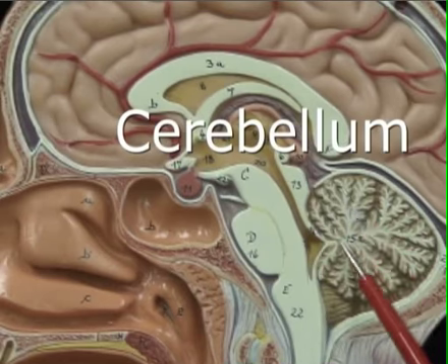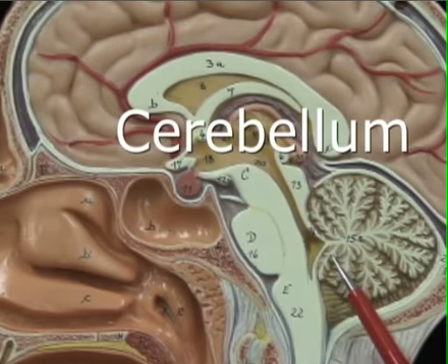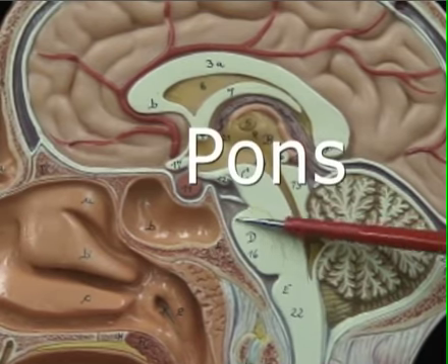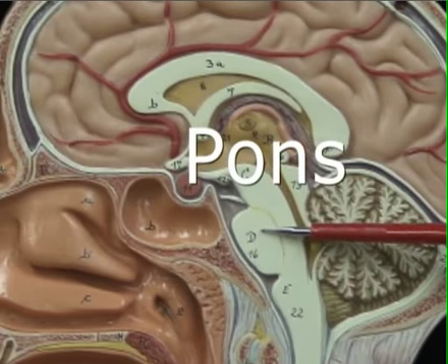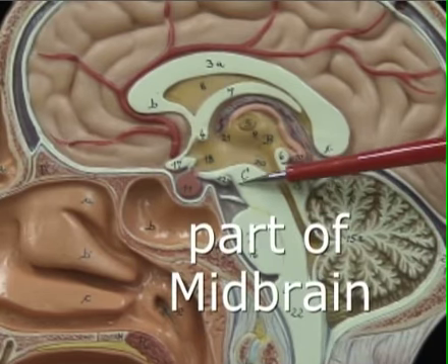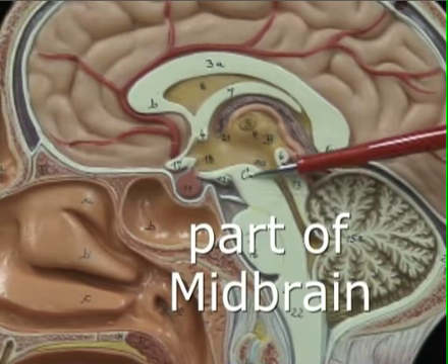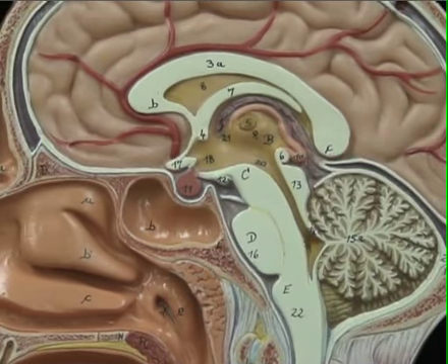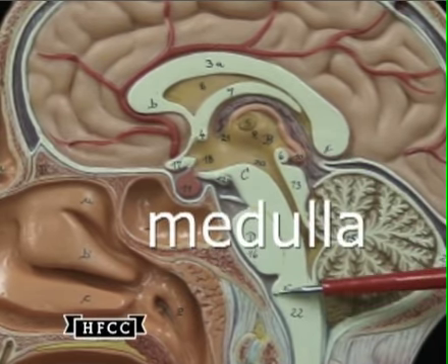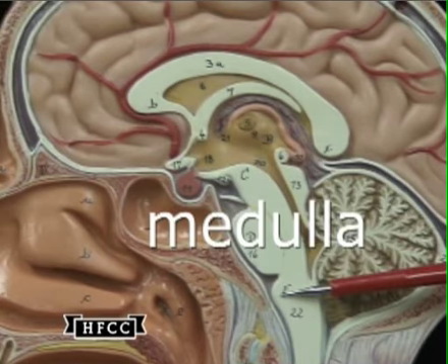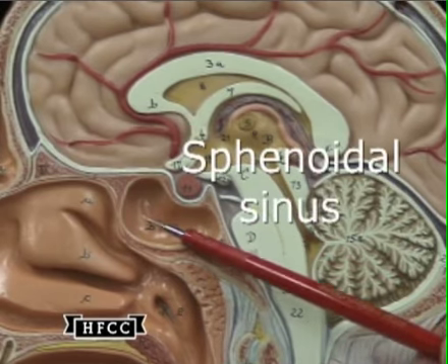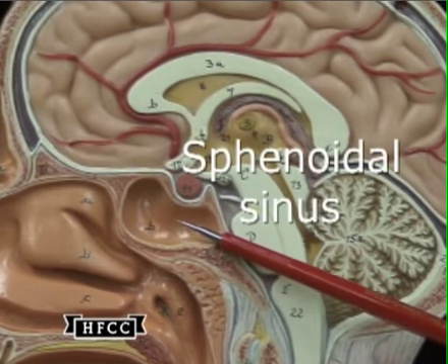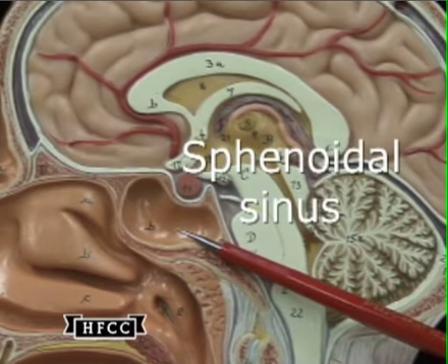Then the cerebellum, this large item in brown with the white. The pons, that bulge right there, meaning bridge, connecting one part of the brain to the other. And the midbrain here, that area. The medulla, or medulla oblongata, the last part of the brain, just before it becomes the spinal cord down below. The sphenoidal sinus, the air space inside of the